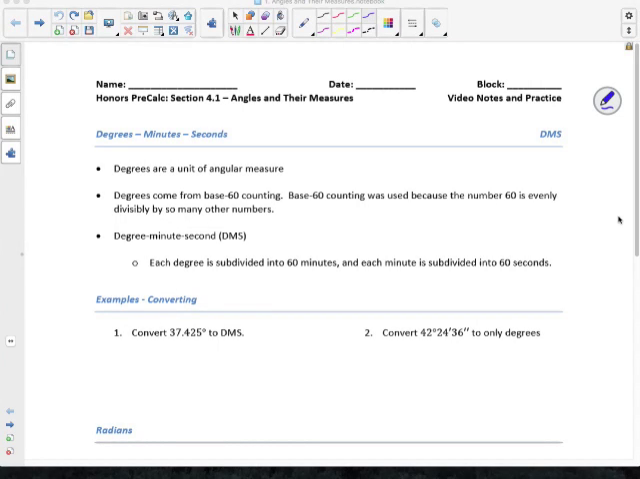Okay, welcome to the first lesson of Chapter 4. We'll be going over angles and their measures. Most of this will probably be review for you, so I'll try to go through it quickly, but also thoroughly in case you don't remember it. We'll start off just with what